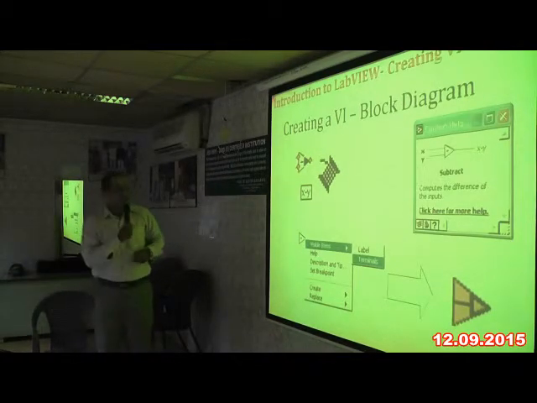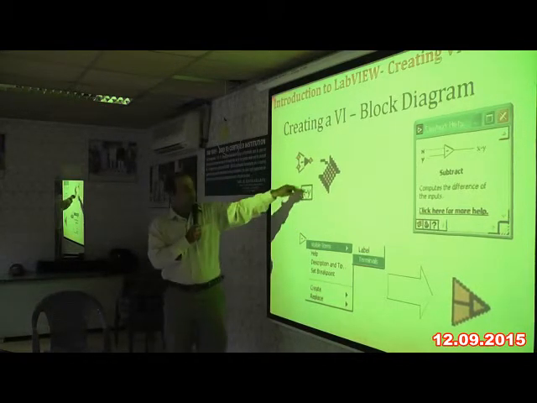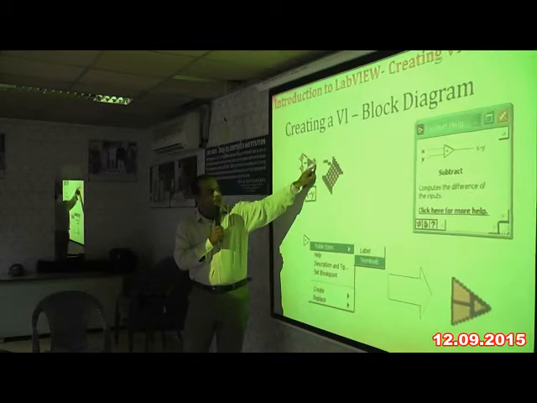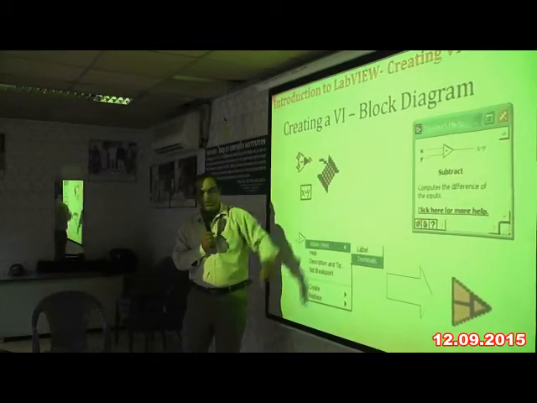And connection and all, it is very, very simple. This icon represents a connecting variable. As soon as I get near, it will change into this type of icon. Then just by dragging, I can connect.